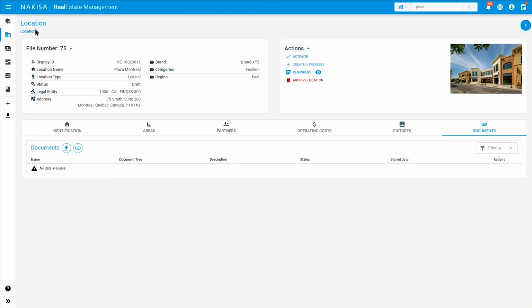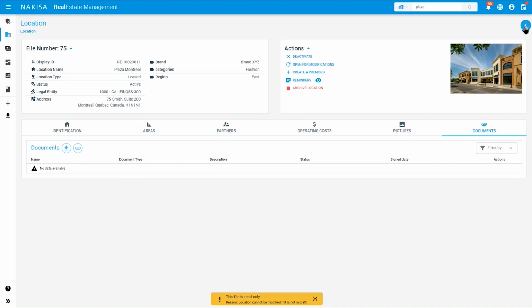It's important to note that the lease cannot be added here since it will need to be added in the lease part only. Once all the information has been entered, you can go ahead and activate your location. Once you've activated it, as you can see, you can open for modification or you can go ahead and create a lease. Usually you would click on plus and you would input all the mandatory information, but we've already created